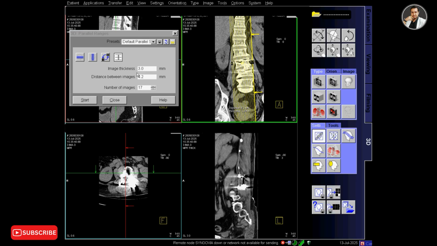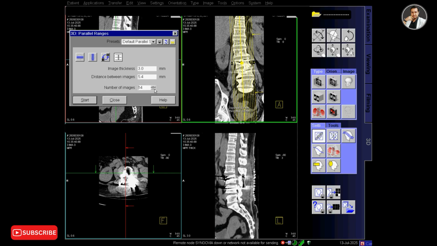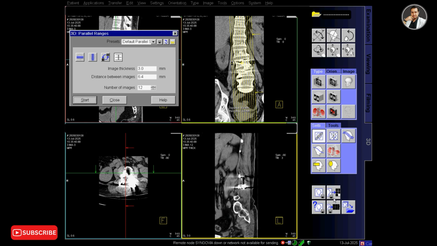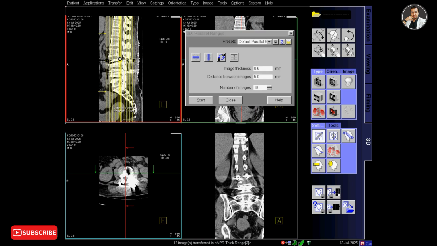Sorry, I have changed it again. Slice thickness is 3. And decreasing the slice number to 12. And again making